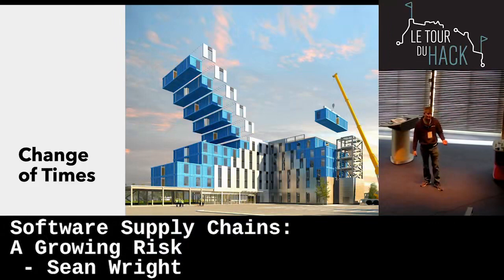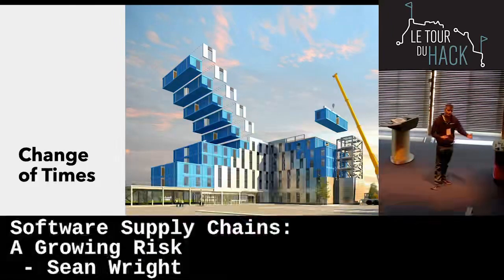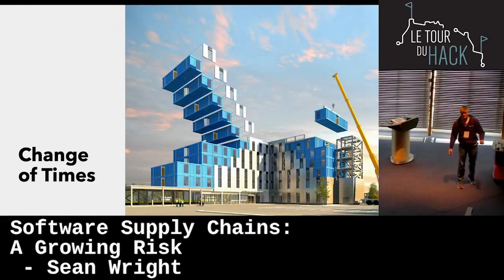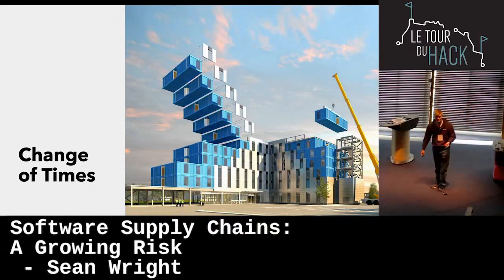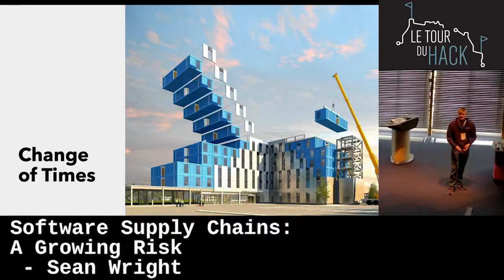If you shift towards how we approach it today, it's completely changed. I think of most applications as kind of glue. You take all these different libraries and frameworks and you glue them together to form the functions and features that you want. This is fantastic from a business point of view. It means we can get things out faster and quicker with less effort. From a security point of view, though, it does introduce some element of risk. You're taking code, essentially, from outside the organization, including it into your software. This is where the risk starts growing, and it's starting to become more of an issue today. I'll go through the slides later on.